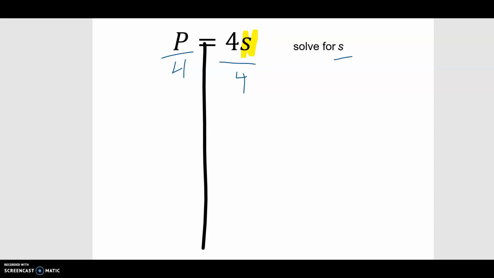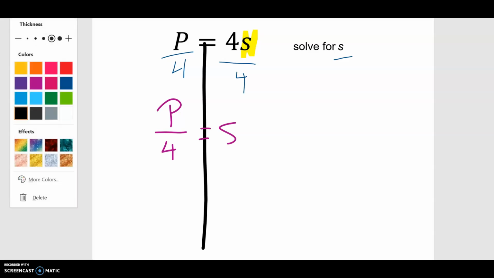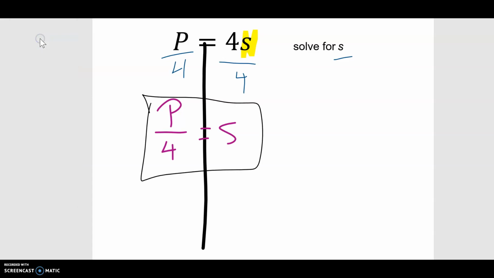And when I divide both sides by 4, I get p over 4 is equal to s. And that's all we need to do for that one, because we now have it solved for s. And that's what we were looking to do. Now the next one we're going to look at